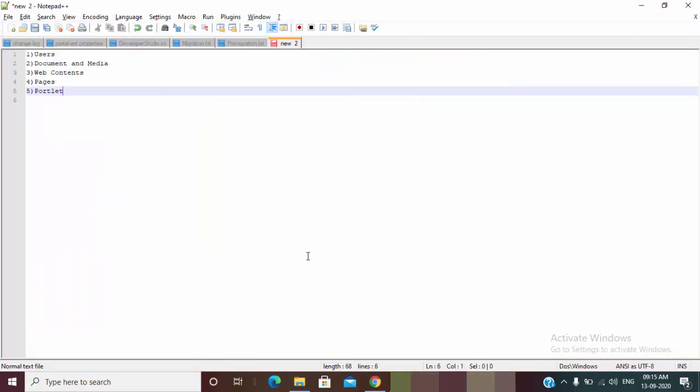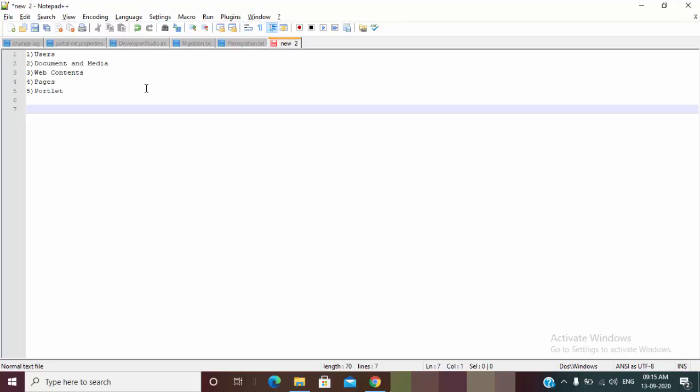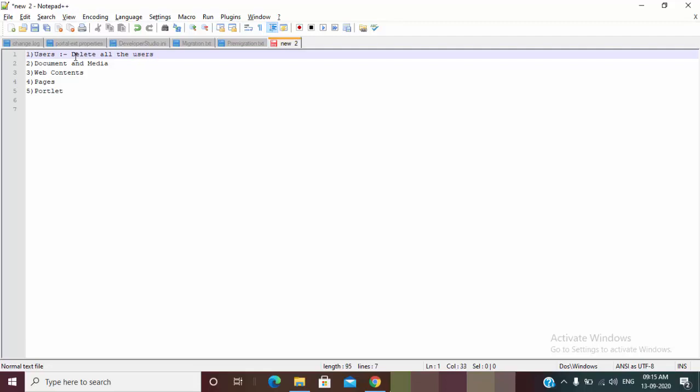So what are the prerequisites, or we can say pre-migration steps? First thing, for the users, we need to delete all the users which are not in use. Second thing, for the document and media, delete all the duplicate files.